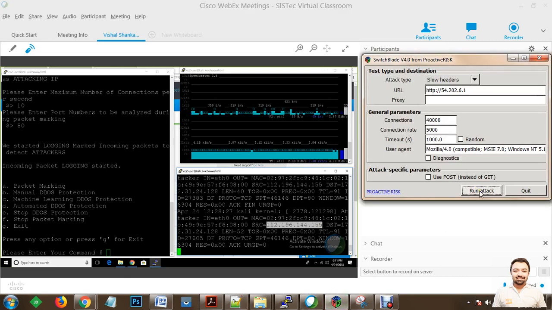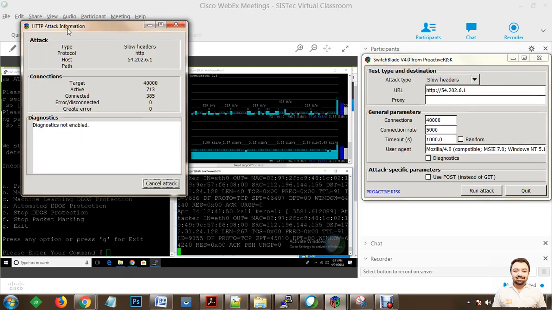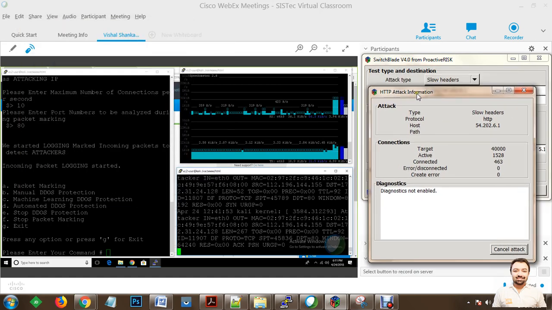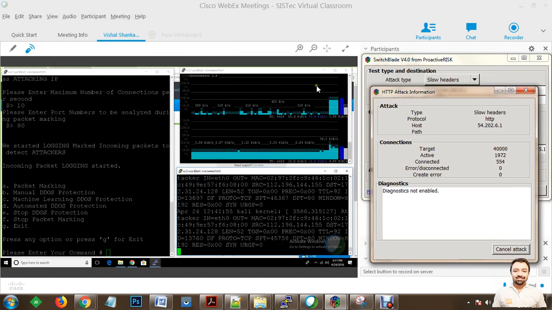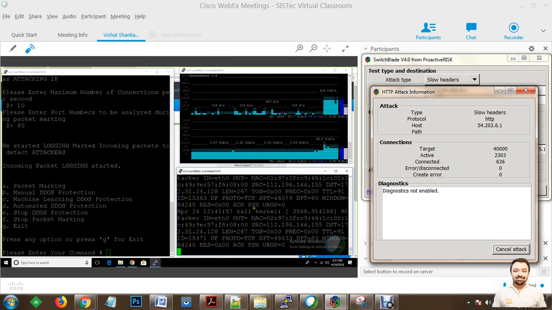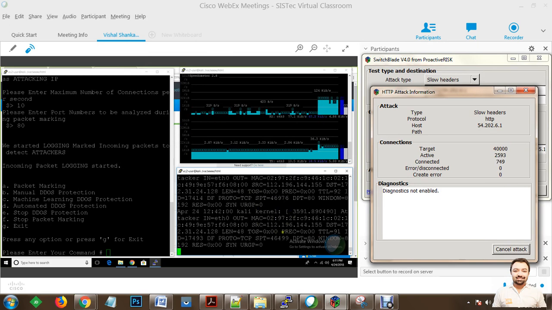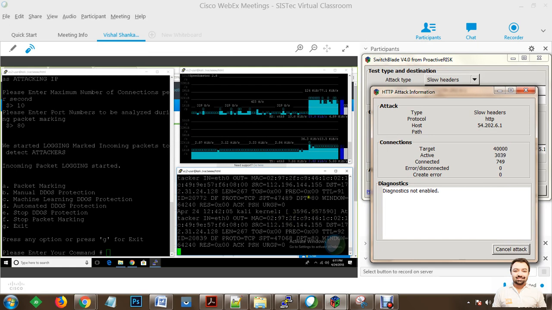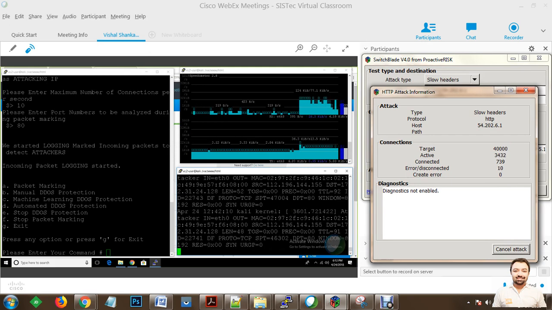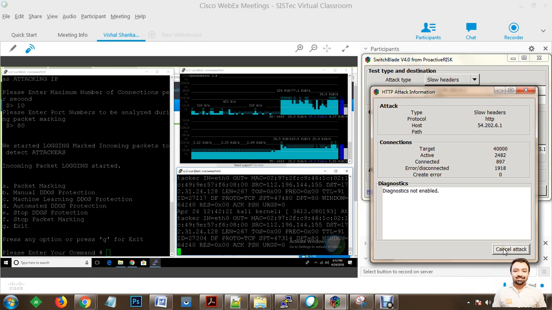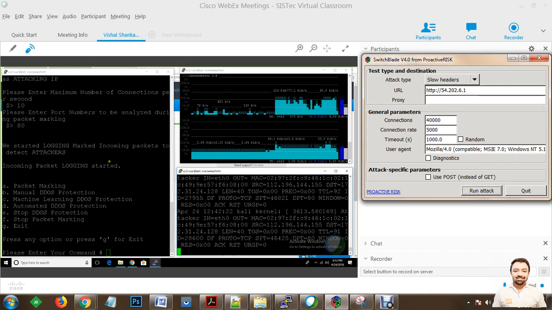So now we'll quickly start the attack. Once we have started the attack, you can see that this time on the speedometer we can observe high connections, and in the logs we can identify those IPs who are unnecessarily trying to make connections with the server at the moment. So this is packet marking, in order to collect the behavior of the users. Now in such cases we can quickly limit the number of users trying to connect back to our machine.